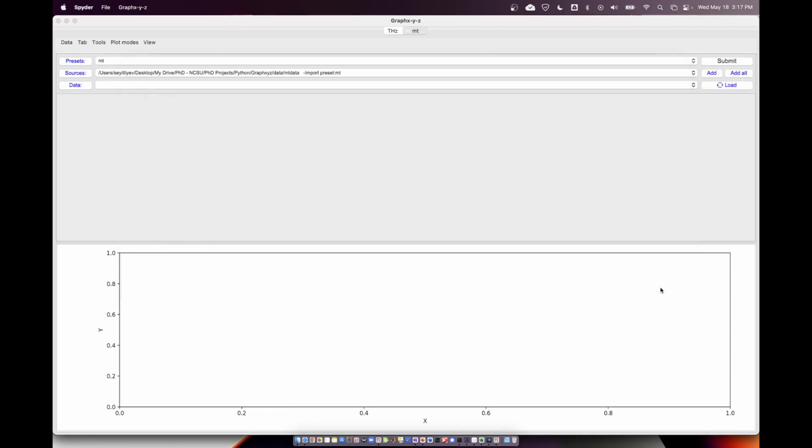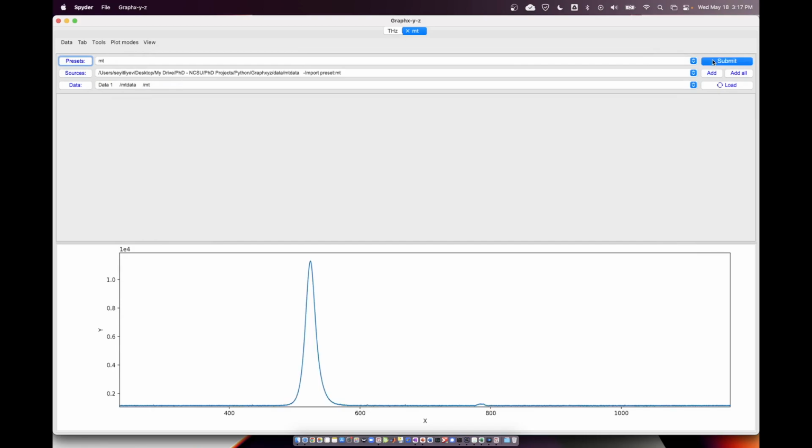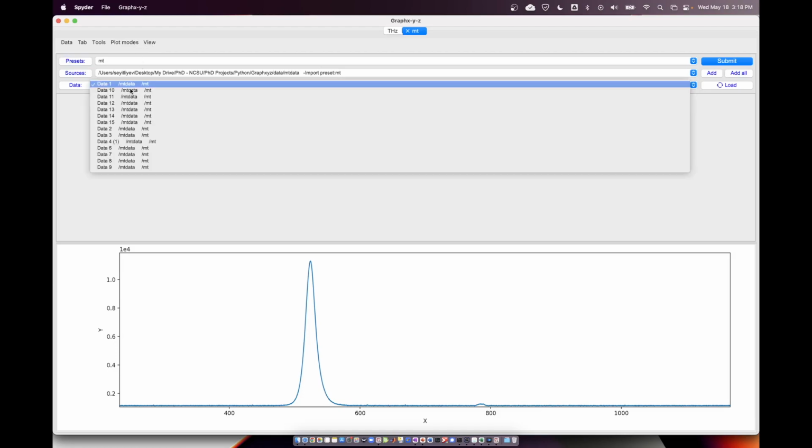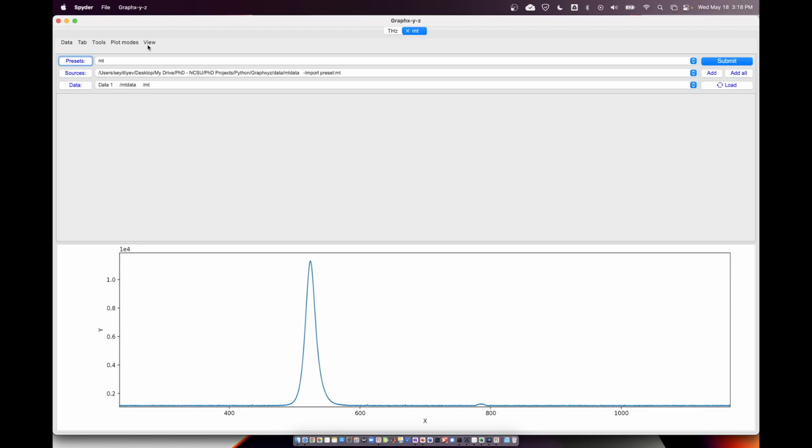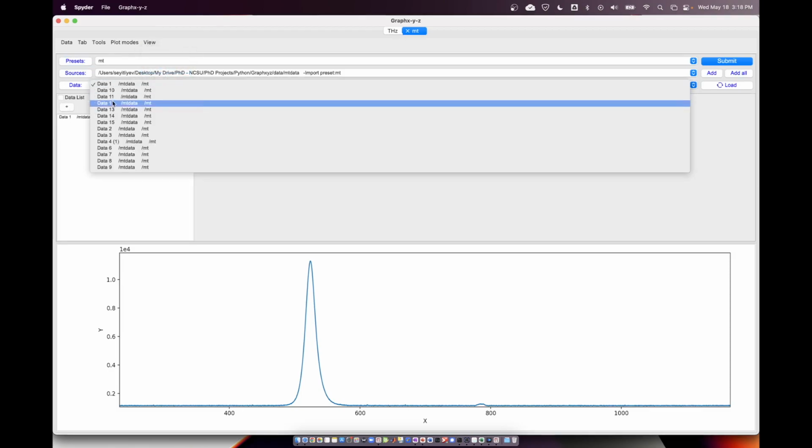All of this data I want to load. Select, load. Now the data are loaded. Submit, and it's gonna plot those data for you. Now this data is plotted. Now what I can do is I can plot this data multiple times. Like I want to show it here because I have now multiple data that I can use. Now what I do is I view data list, and I add data 1, then data 2,